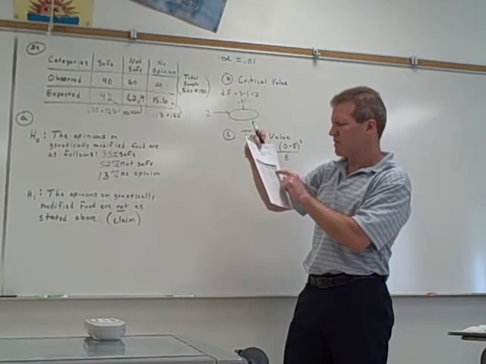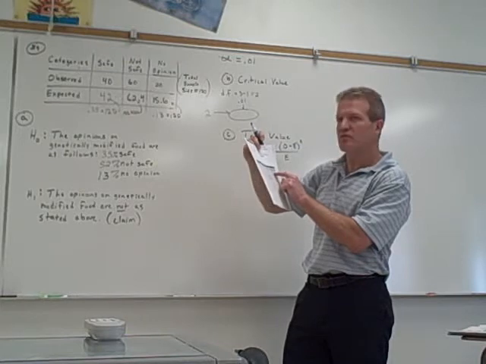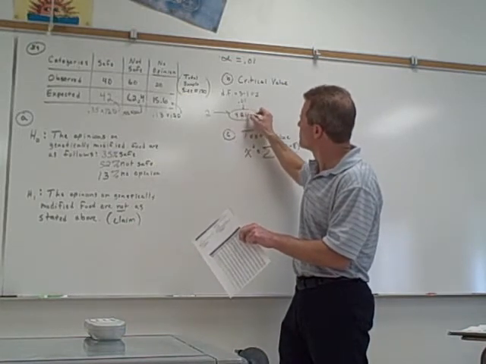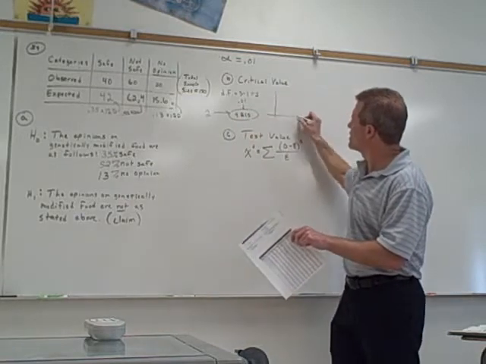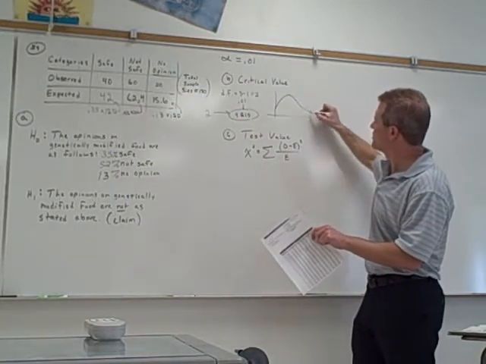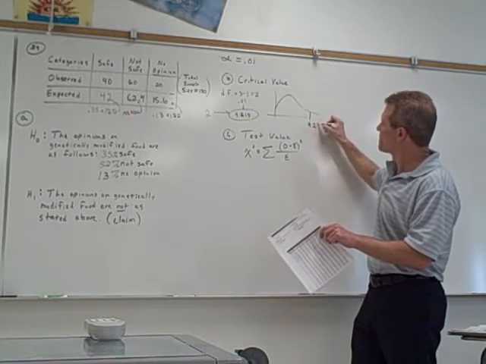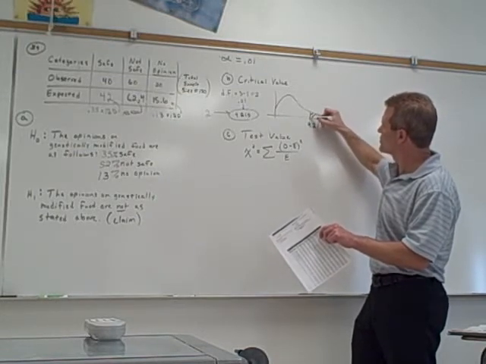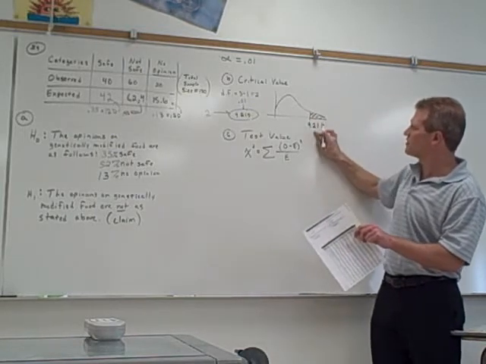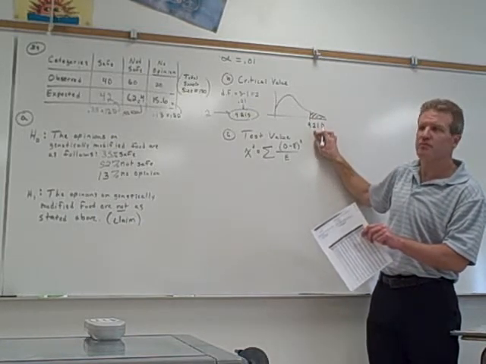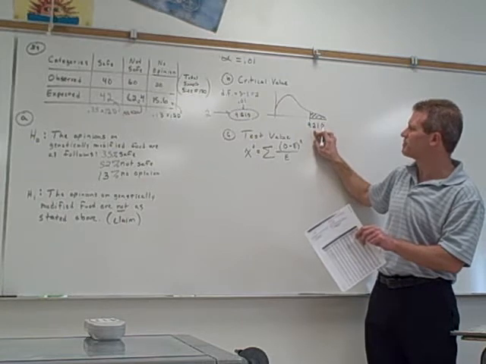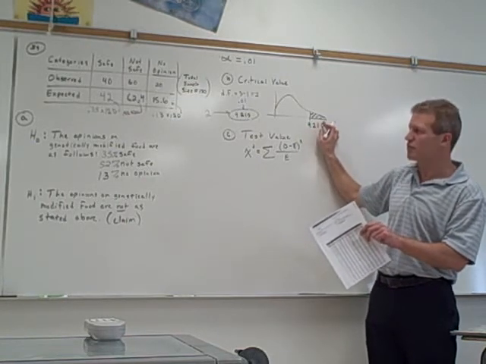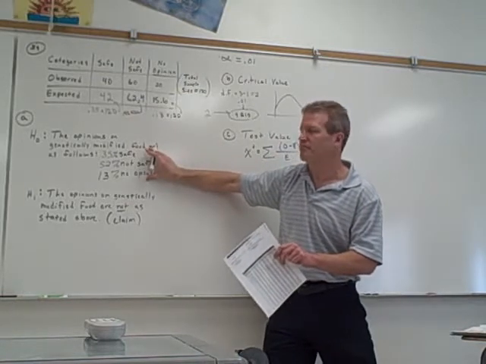So I'm seeing 9.210. You guys agree with that? 9.210. So what we're saying is that here's our chi-square distribution. Our critical region, or our rejection region, is the tail area to the right of 9.210. These tests are always right-tailed tests. So if I get a test value that's above 9.210, then I'll know to reject these percents.